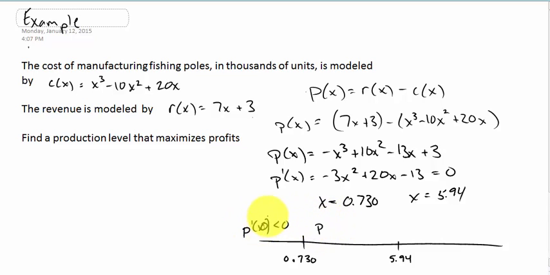P prime of 0 is less than 0, P prime of 1 is bigger than 0, and the derivative at, say, 6 is less than 0 again. So our profit P is decreasing, P is increasing, P is decreasing. So max profit